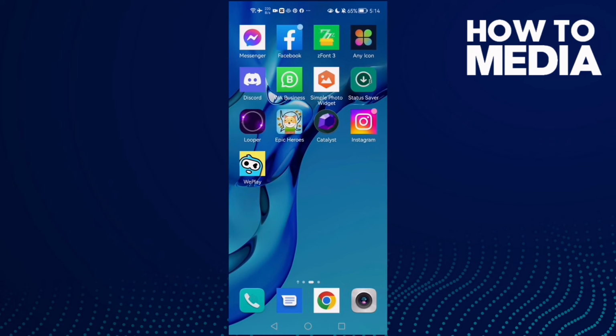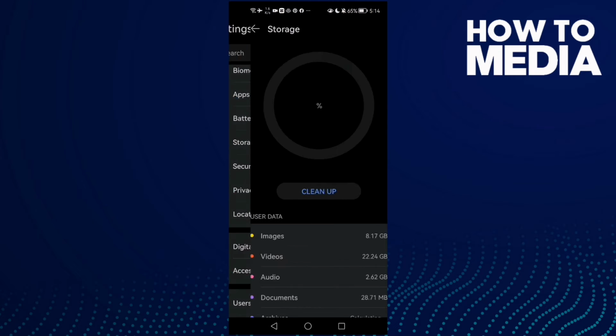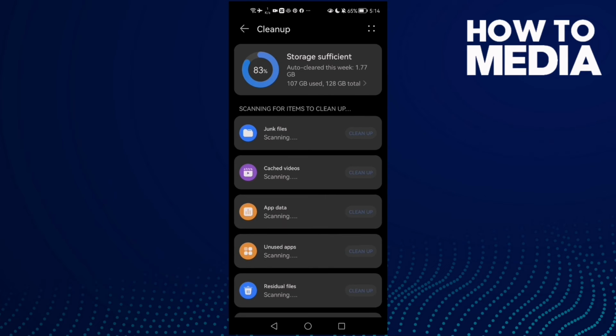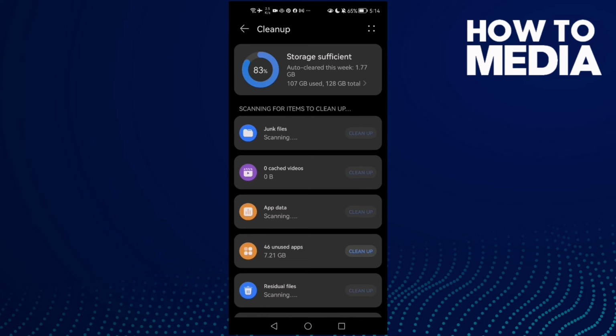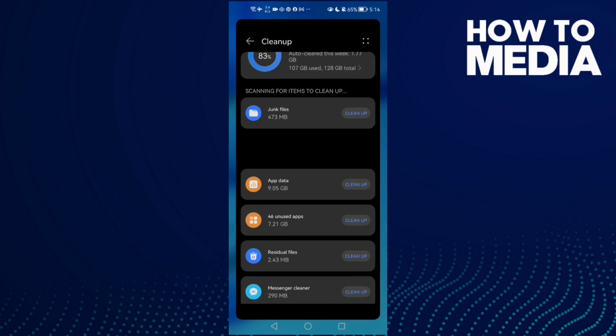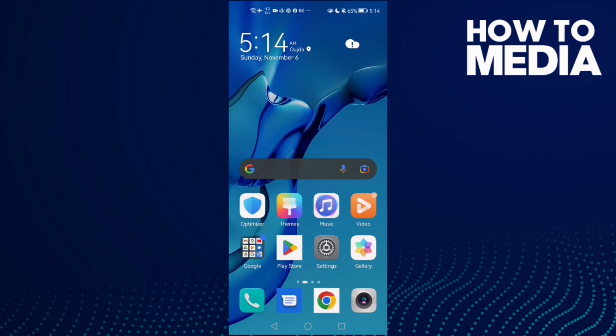And if that doesn't fix your problem, then just go to settings and then storage and then click clean up. Now you need to find here junk files or cache and then just clean it. Just clean some space and your problem must be fixed. Wait for it and then just click clean up and it will be cleaned, and that's it. Click clean up and now try again and your problem must be fixed,